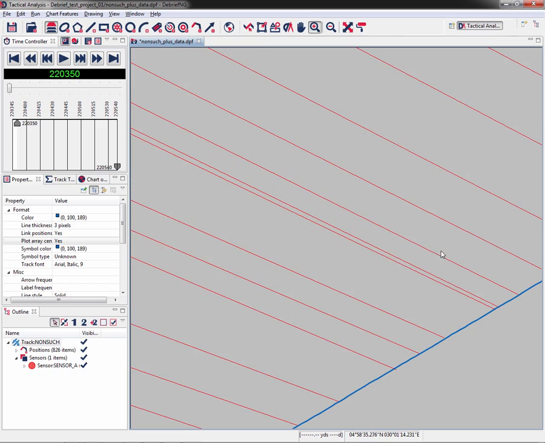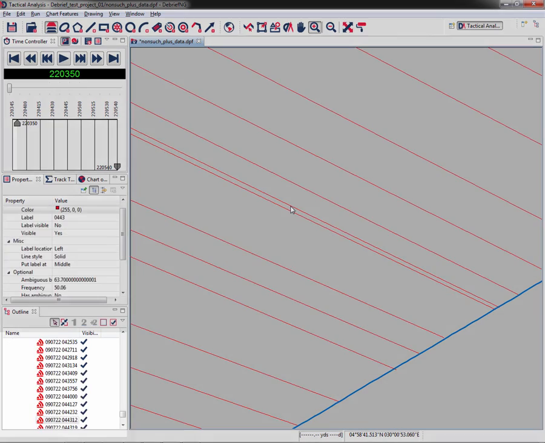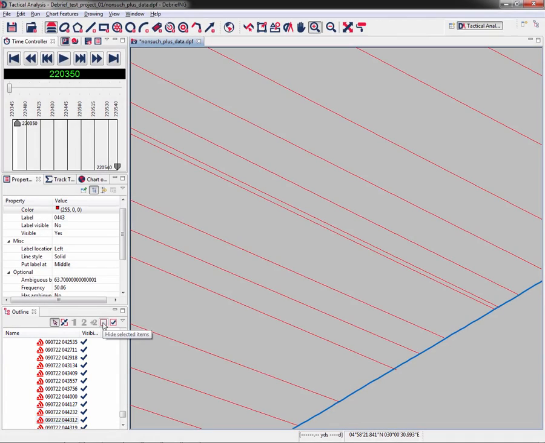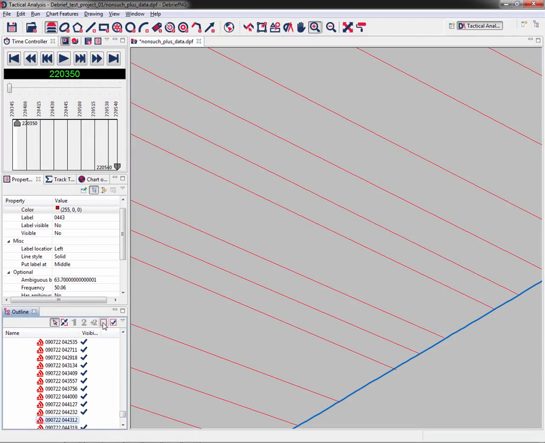to the last bearing fan of steady cuts, this one here where my mouse is, you can see there's two close together here. So if I zoom in so we can see where the last bearing fan data point for the steady cuts is, you can see that this is the one that we need to select and identify. So I'm going to double click on it to select it. And as you can see in the outline view, it's selected this point. So if I hide that selected item, you can see that's the one